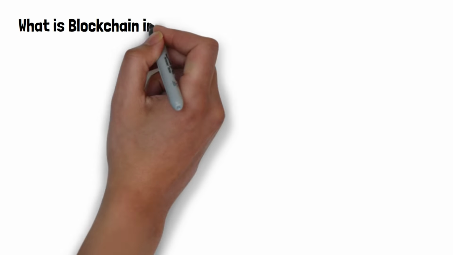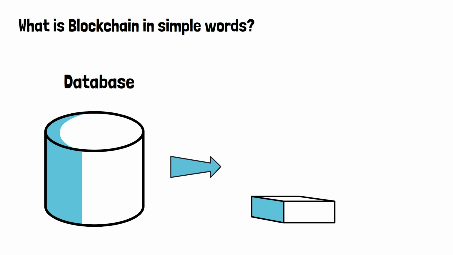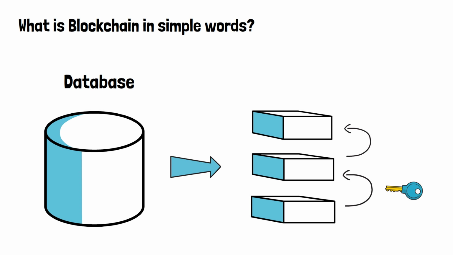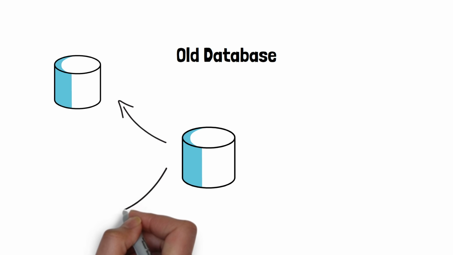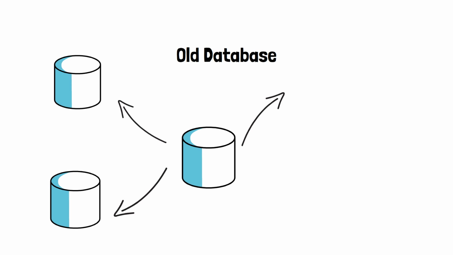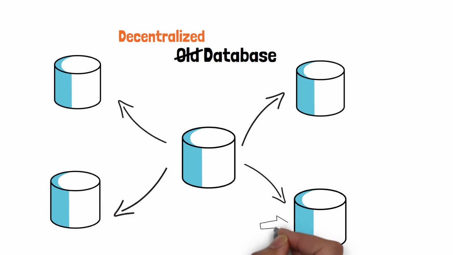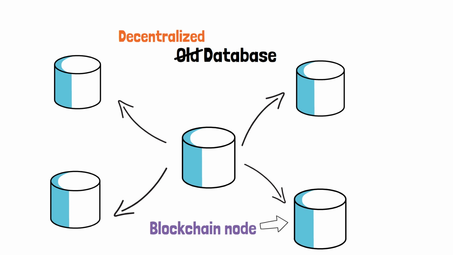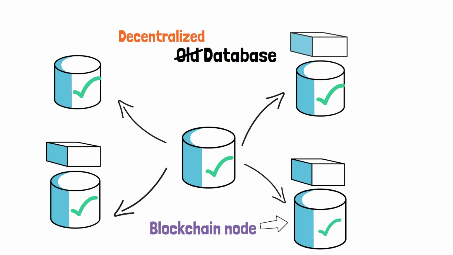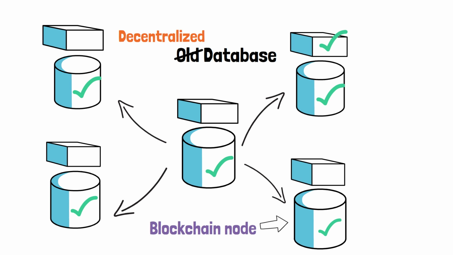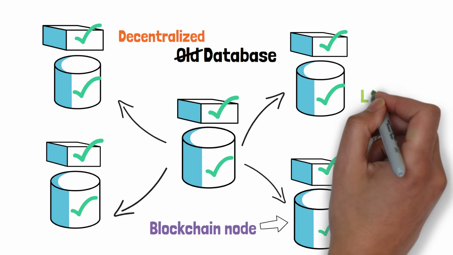Okay, let's describe what blockchain is in simple terms. Blockchain is a new form of database which stores data in blocks linked to each other through cryptographic keys. Blockchain approach is used to switch from a traditional centralized way of storing information in one database to a decentralized database, which consists of multiple copies of the same database and each copy called a blockchain node. Each node contains the same data and gets synchronized with other nodes as soon as the new block of data is added to any of the nodes. And as soon as the information gets into the blockchain, it cannot be changed or removed later, so it will stay there forever.